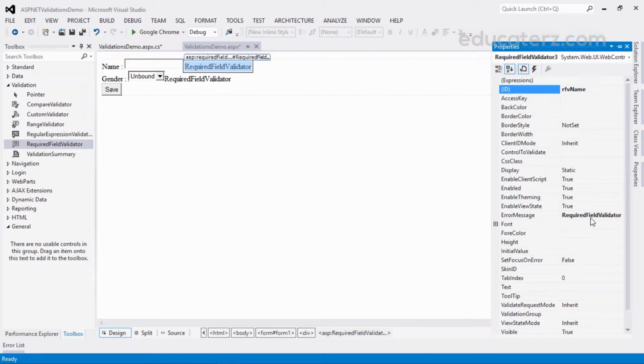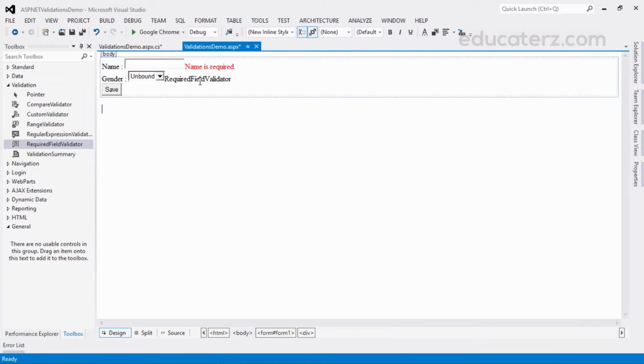First thing is you need to change the error message. What you want to show as the error message. Name is required. Make sure that whatever name you have given here should match here. Here it is gender, right? Whenever you are telling that gender is required, you should give it as it is. Uppercase and lowercase should match. No spelling mistakes. The first one is you need to change the error message, then the color. Click on it, keep it as red color. We'll be showing all error messages in red color. Then the third one is control to validate. Which control do I need to validate by this required field validator? Right click on this, choose this txt name.